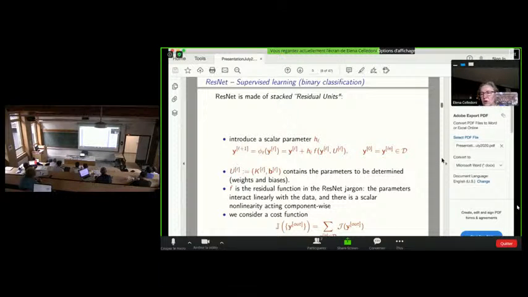This means that when we compute gradients with respect to the parameters, the gradient will be a similar sum of gradients of each of the contributions. And this is very important for the implementation in terms of stochastic gradient descent.